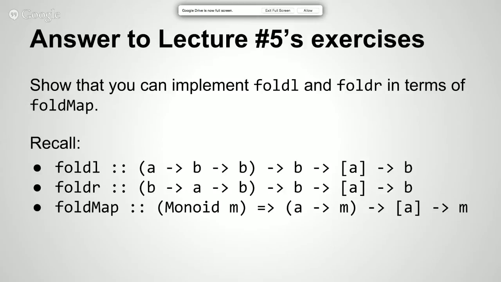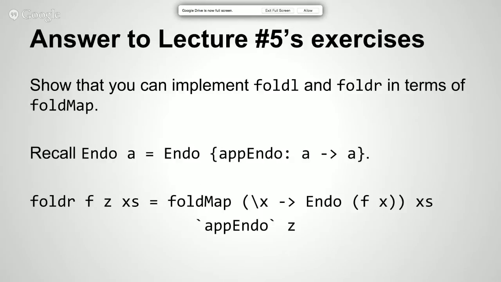So yeah, of course, sometimes you do want foldL or foldR, like when your accumulator is in a non-monoidal type, or when you want to specify a non-conventional starting state of your accumulator. Anyway, you can implement foldL and foldR in terms of foldMap, and the way you do it is with Endo. So here we have foldR f z xs